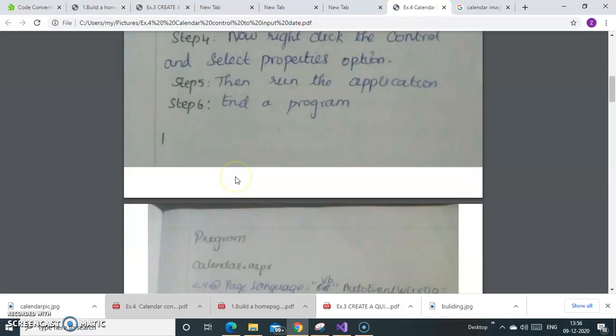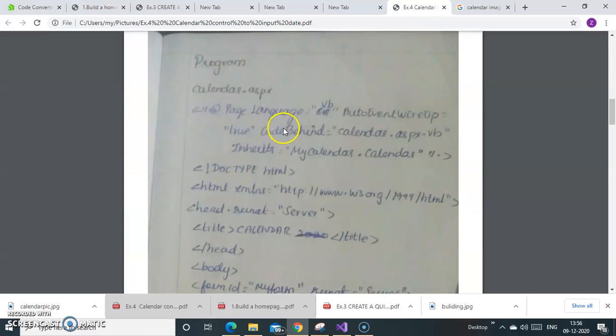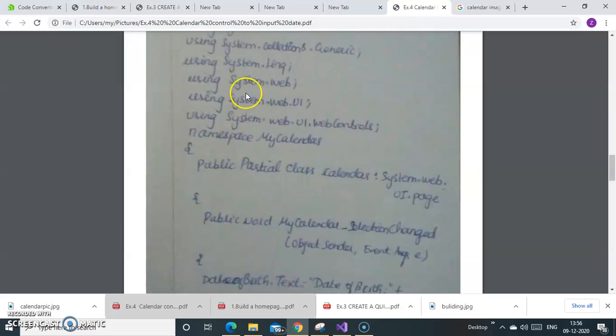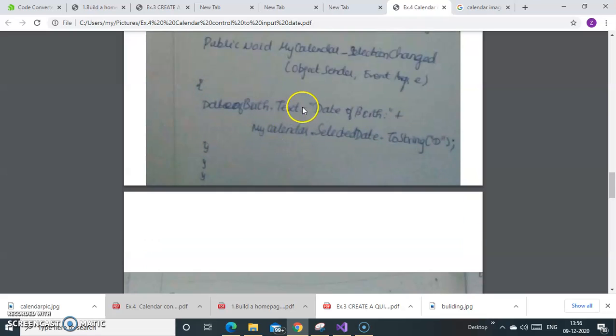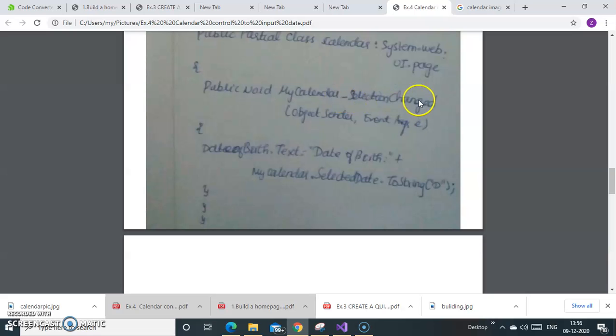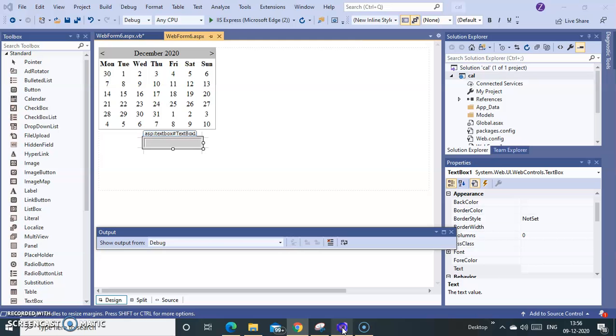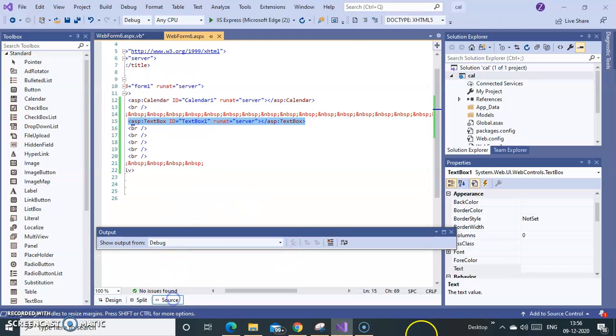That means the procedure you need to learn. This program, this page load, all this will already be there. You need not learn it. Then the systems also will be there. Just under this, my calendar selected date, just one line of code alone you should remember. Then this code is automatically generated. I showed you just now. You saw, right? This code